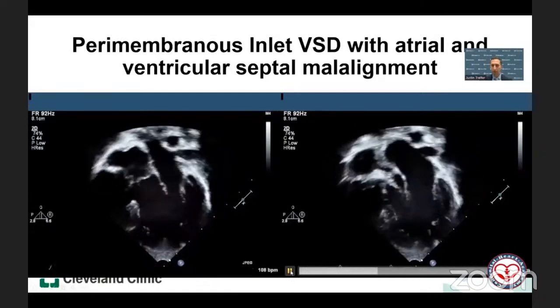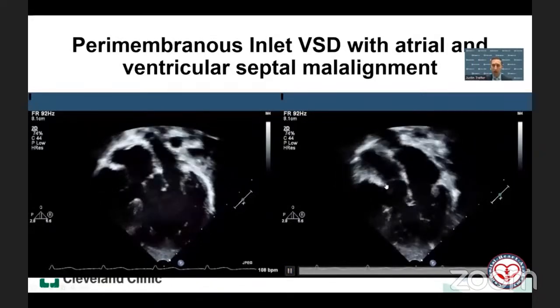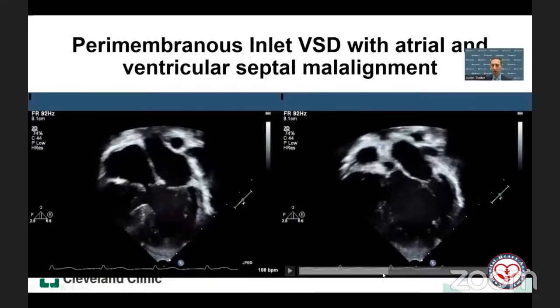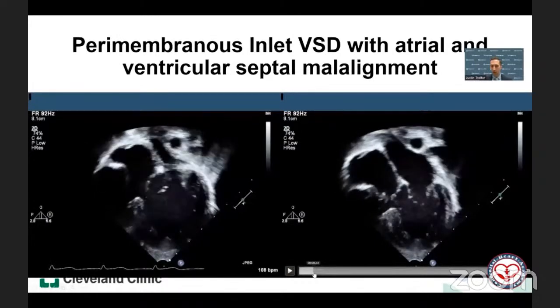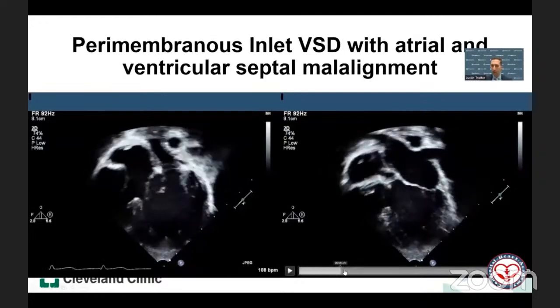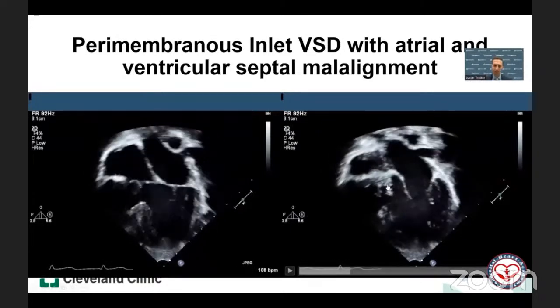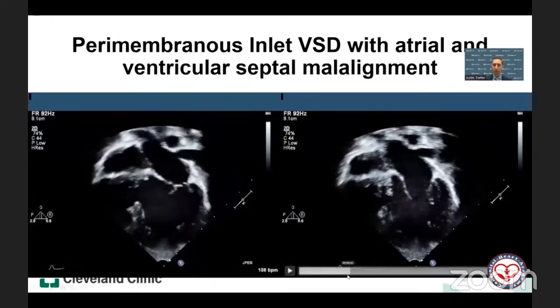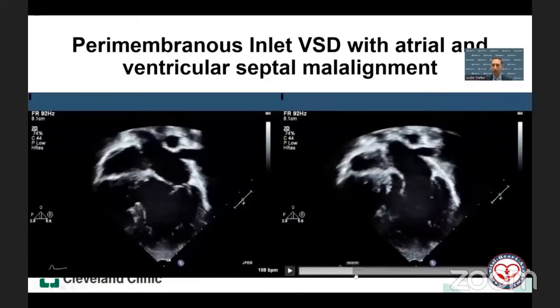And this is a similar view now sweeping into the left ventricular outflow tract, and we see the defect extend right up under the aortic valve. And if we pay attention and we look here in this four-chamber view, there's the septal leaflet of the tricuspid valve. We then get two leaflets, the septal and the anterior superior leaflet. Here's the commissure of both.